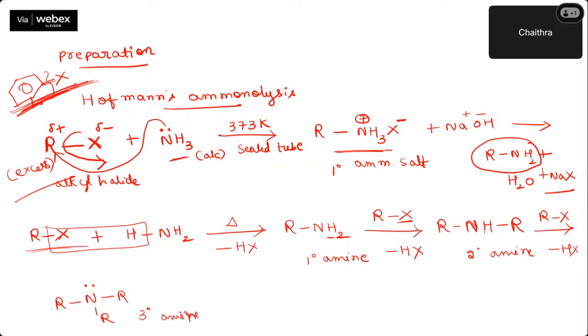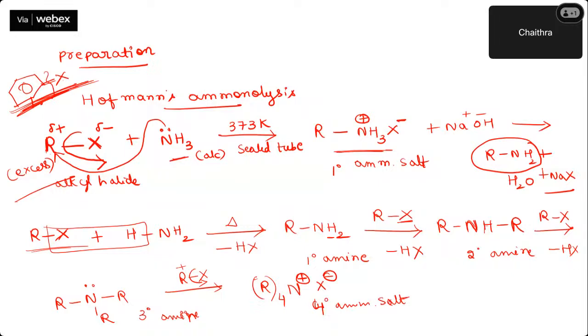And at last, what will I do? Again, treat this molecule with one more mole of alkyl halide. Here R+ is there. Nitrogen will take its lone pair of electrons and form R4N. On nitrogen, what is the charge now? It is a positive charge. So this is called a quaternary ammonium ion, where the X- comes and stays in the vicinity of the N+. So you call it a quaternary ammonium salt. This is a very important reaction. It is called Hoffmann's ammonolysis, which happens through a nucleophilic substitution reaction.